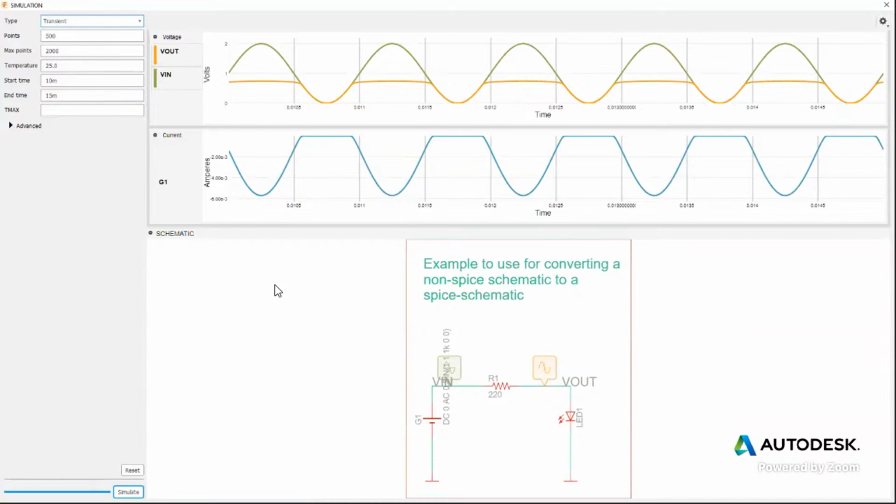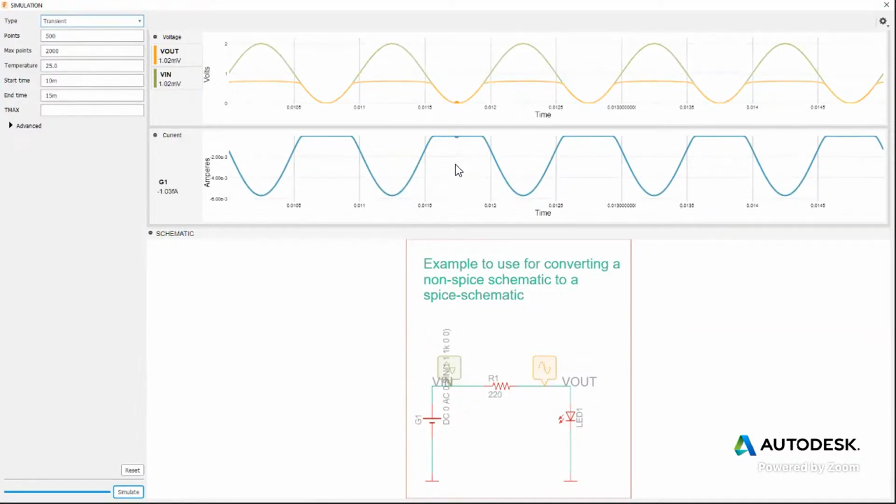And what you're going to see is that we have our different waveforms. The probes get replaced with these little icons showing you the color of the waveform in the graph. And then you have the current. Now, notice that I didn't explicitly ask for current when I was setting this up. By default, the simulator in Fusion Electronics gives you the current waveforms of any independent sources. So in our case, we have one independent voltage source. It's showing you how the current changes